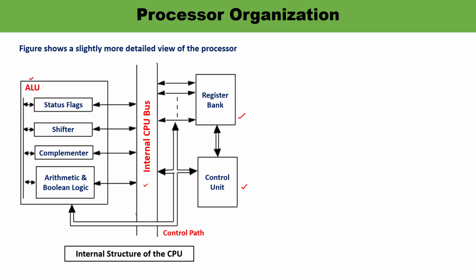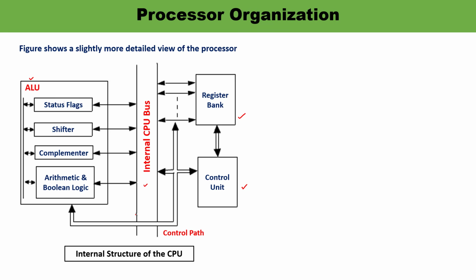Any computer system consists of a memory hierarchy, which must always be available. In the ALU, you can see there is arithmetical and Boolean logic. This unit performs the arithmetical and logical operations. Status flags give the indication about the conditions. It may be the zero flag, condition flag, or sign flag. Shifter: during arithmetical and logical operations, sometimes there is a requirement to shift the data left or right, so the shifter performs all these shift operations.